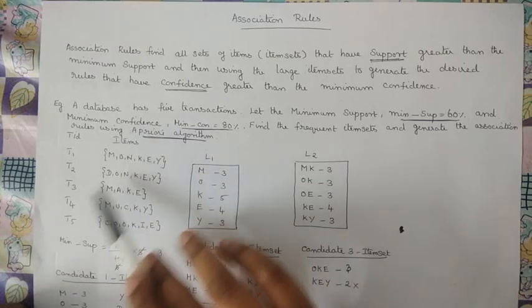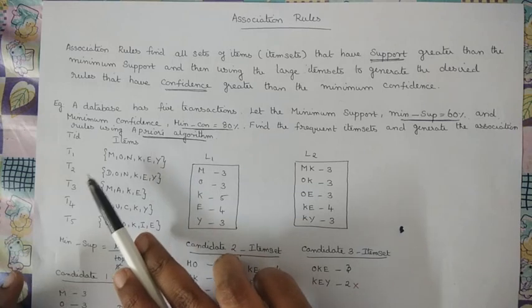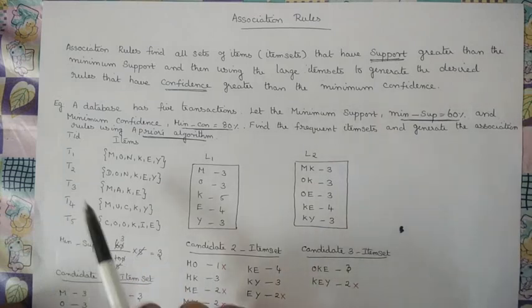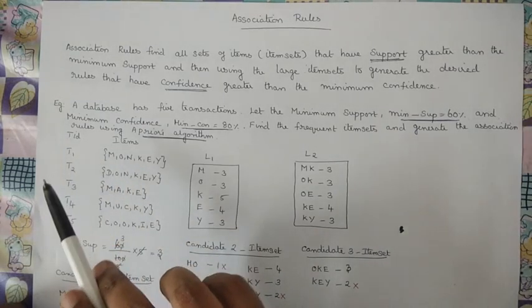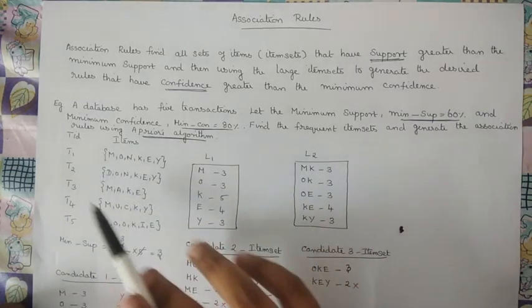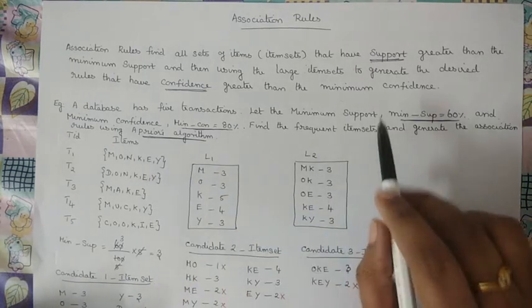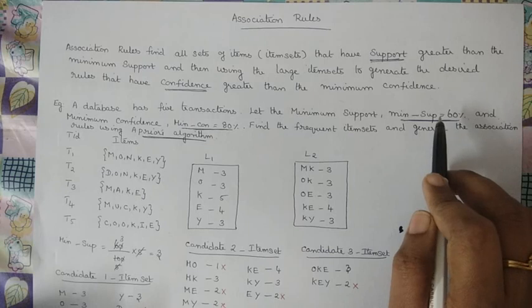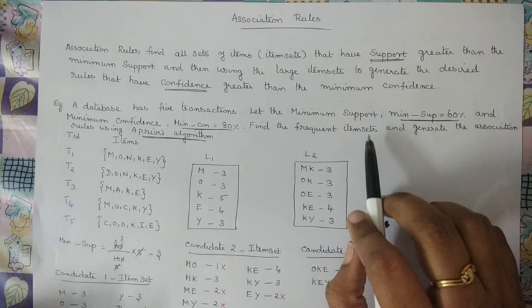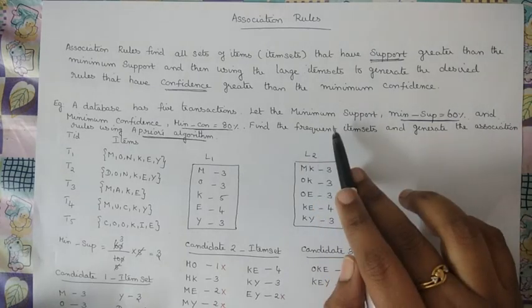In this, I have a transactional database which has 5 transactions. Each transaction has a transaction ID, T1, T2, T3 and so on. Each transaction ID has a list of items associated with it. Here, they have given a minimum support of 60% and a minimum confidence of 80%. We need to find the frequent item sets and generate the rules using the Apriori